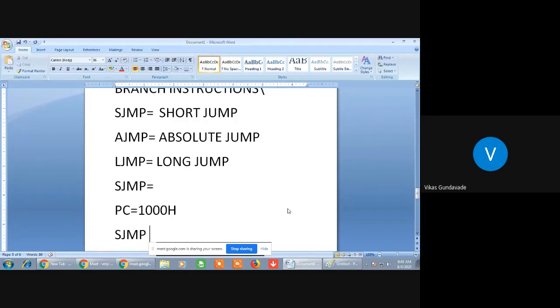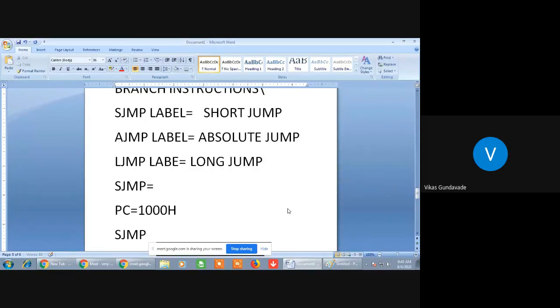But where will it get changed? For every jump instruction, a label is provided. Either this is a label or this is the address. Normally it is represented by a label. So here it has been given some label.